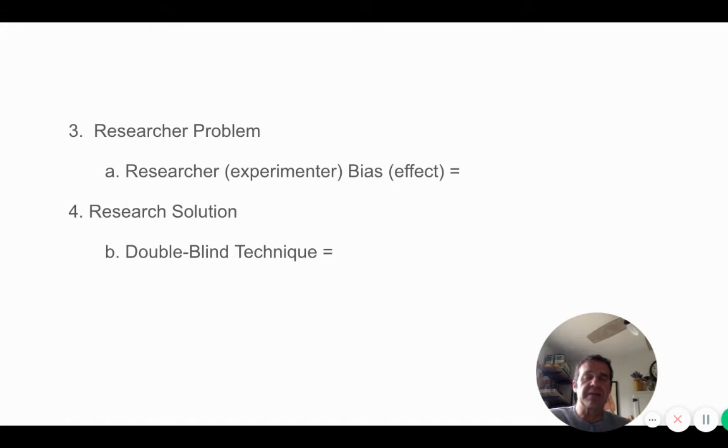So those are different examples or ways that the researcher could bias the results. And then the researcher solution. Remember, the demand characteristic solution we call the single blind, and it's keeping the participants ignorant about a certain part of the study. Well, the solution for researcher bias would be a double blind technique, where we keep both the participants and the researcher ignorant about key aspects